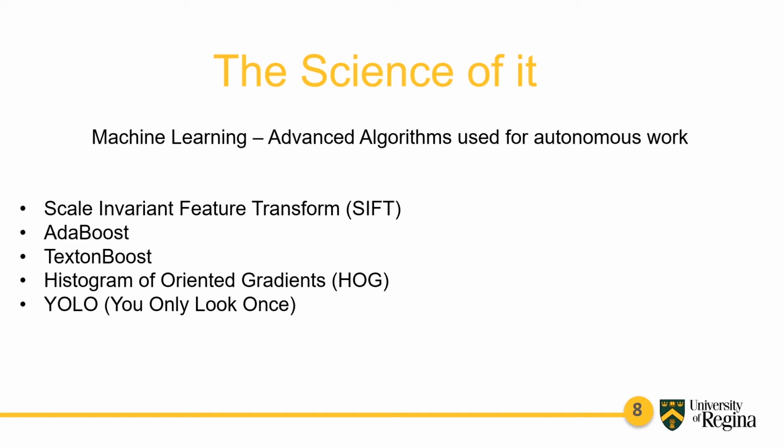Number five, You Only Look Once, or YOLO. YOLO is an alternative for HOG. This analyzes the image as a whole and then divides it into segments which are matched with the previously analyzed whole image to distinguish objects, people, and more. By contrast, this is faster than other algorithms because you only look through the image one time.